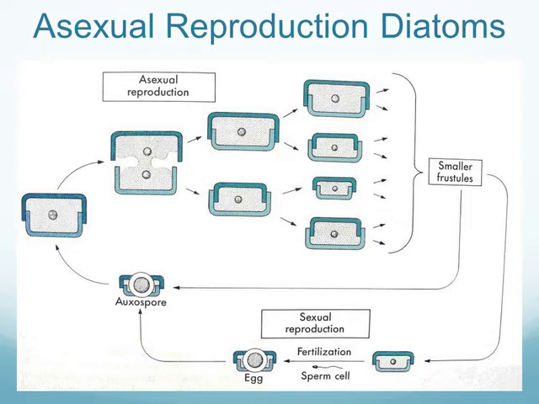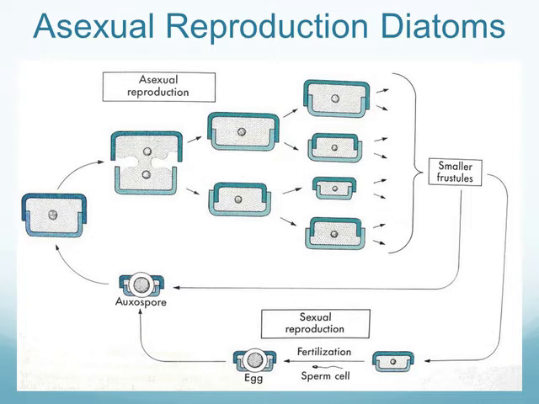So what it does is it goes through what's known as sexual reproduction. So it goes down to the bottom there, and it turns into either an egg or a sperm, and then